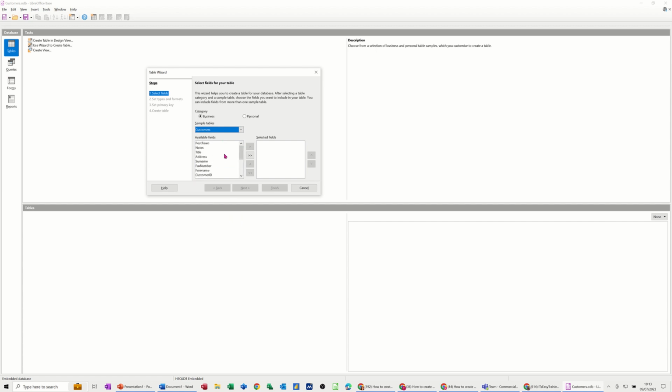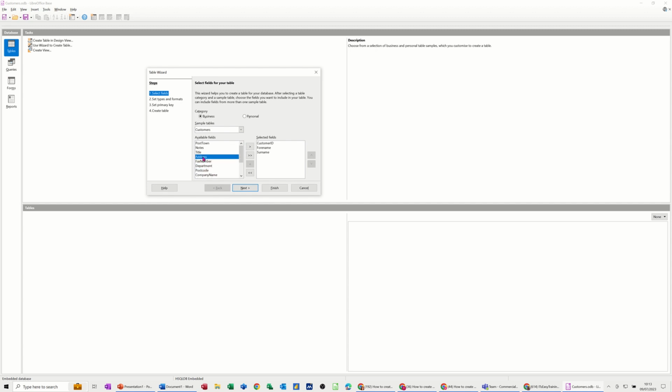Now you don't need to take all these fields. If some of these are not relevant to what you do, you just leave them off. I mean, fax number is a bit obsolete nowadays, for example, so I won't take that across. But what I'm going to take across first, because this will be the order of the table, is customer ID, and that is also going to be my primary key. So customer ID, and then you've got forename,